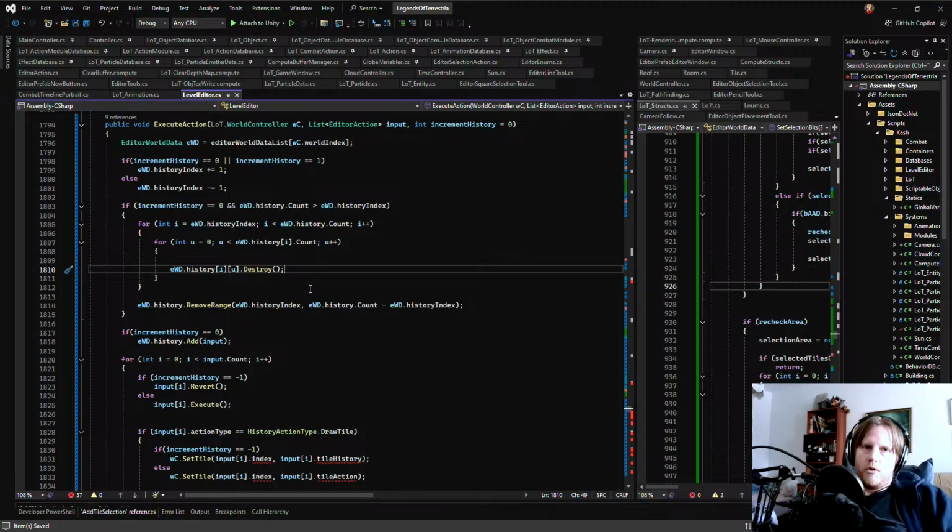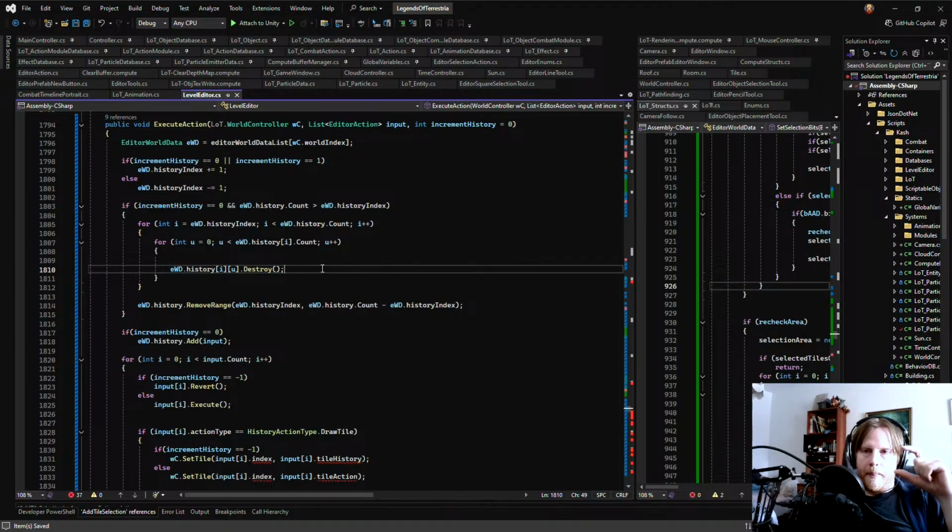And the reason we need to destroy is because if you create an object and then you undo, that object shouldn't be destroyed. It should just be removed. And then if you redo, we just add it back again. It's basically like just setting is enabled to false on it.